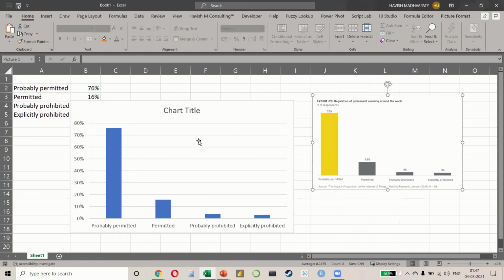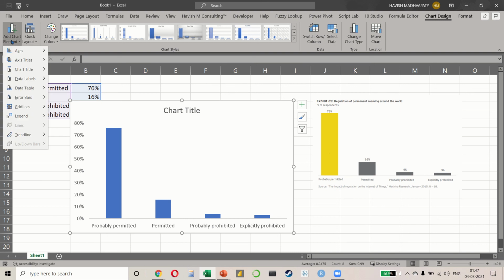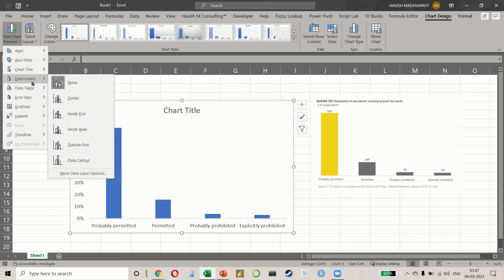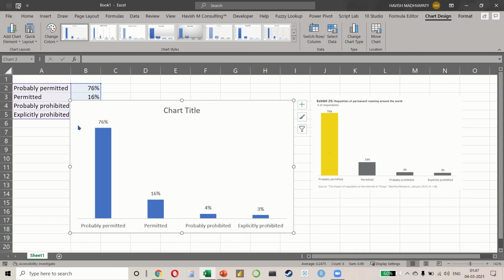The first thing I want to do is to remove the grid lines. So just click on the grid line and press delete. We also want the data label. So on add chart element, select data labels and select outside end. If you click on the y-axis and press delete, then the y-axis gets deleted.